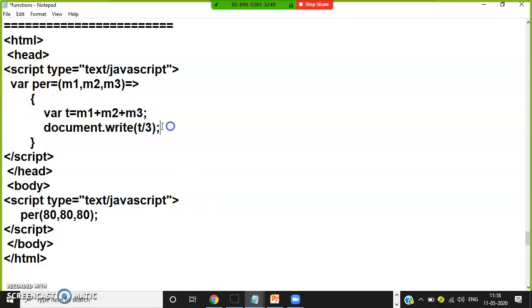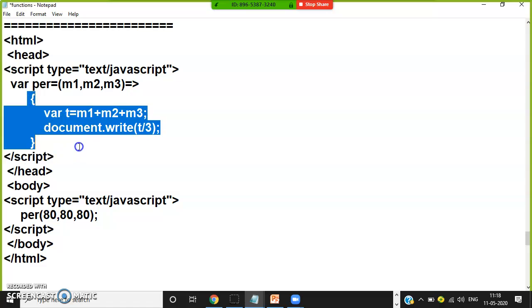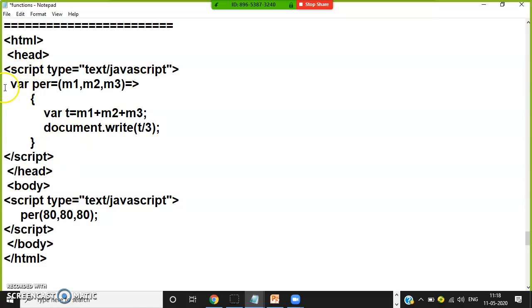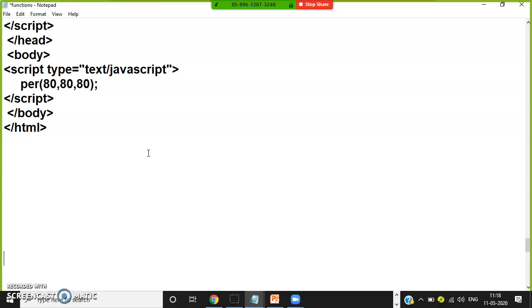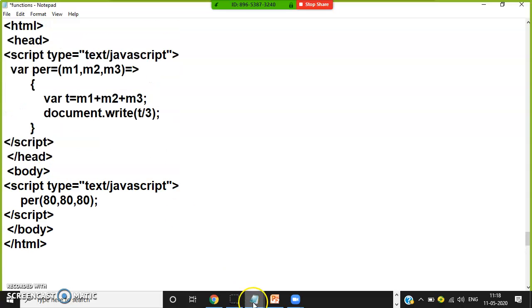Multiple lines means block is mandatory. This is the declaration of the function: input parameters arrow logic. If the logic consists of more than one line, block is required. Only a single line, no need of block. Now this is how you can work with arrow functions. I hope you understood. Yes or no?